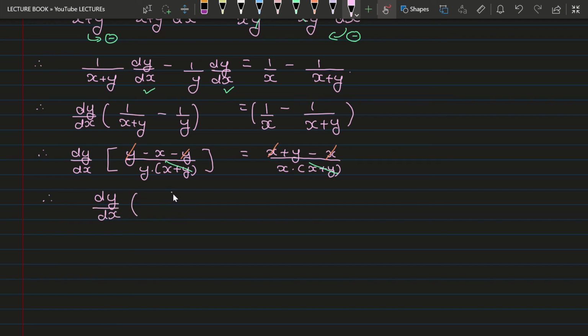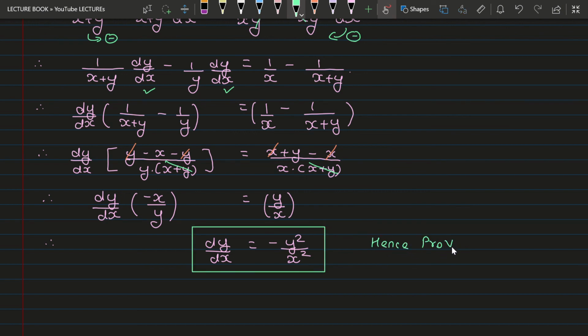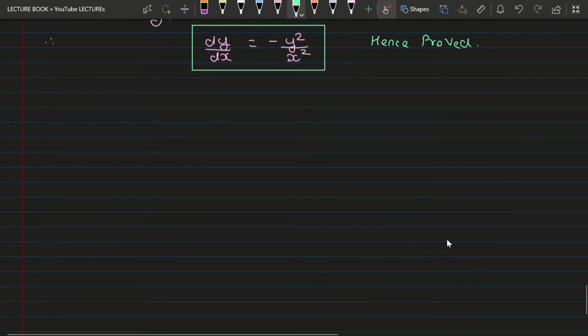So what I am left out with over here is dy by dx minus x by y, and it is y by x. Just if you cross multiply this guys, you will get minus y square upon x square. So that is your required answer, students. So hence it's proved. Now let us see the last question of this exercise,